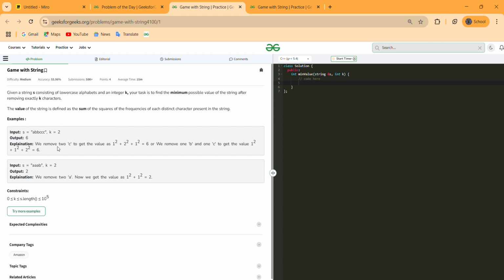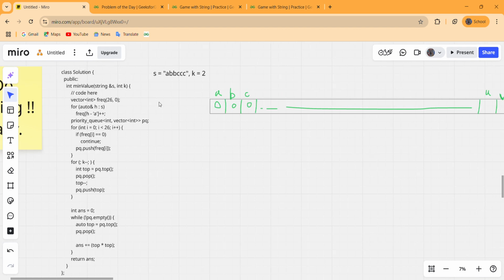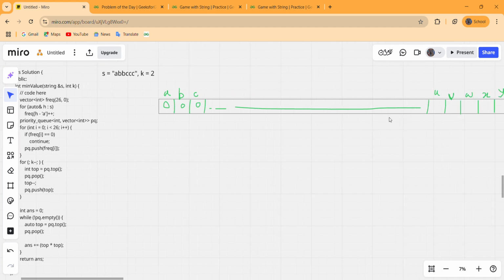So let us first look at the explanation for this. First we can create a frequency array of size 26 and initialize it so that it has 0 frequencies initially.